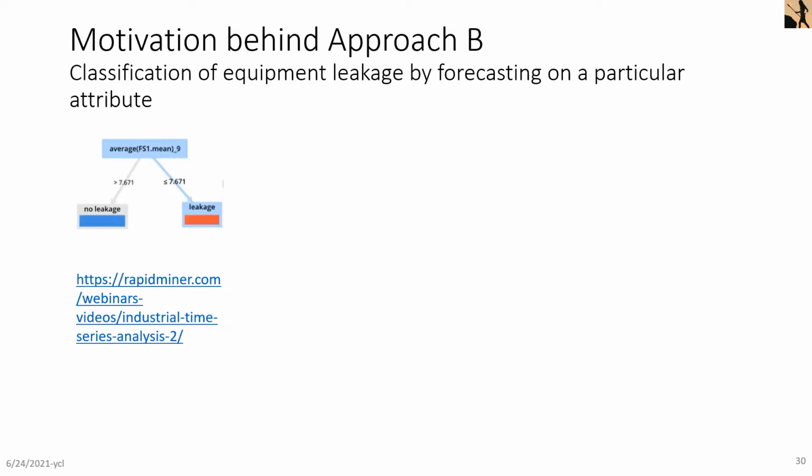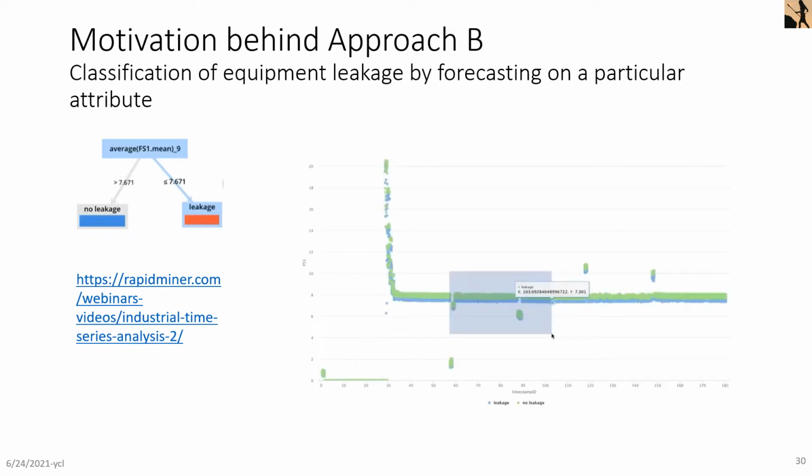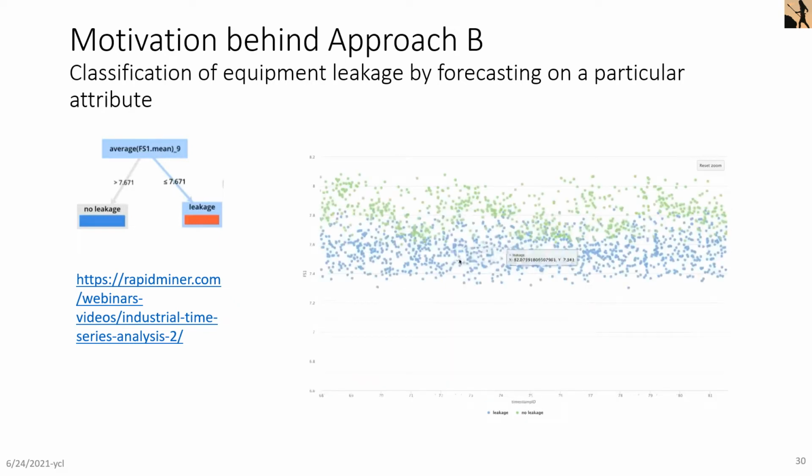Now, note that the attribute we are using is average FS1 mean underscore 9. It is an aggregated value, but let's look at the distribution of FS values first, right? There seems to be a good separation, so we can zoom in, and indeed there is some separation, but the separation may not be as good as 99% or even just 95%, right? But anyway,